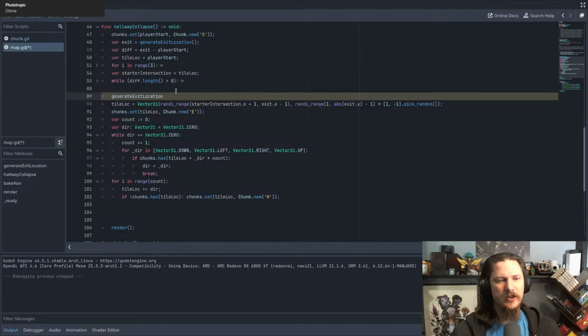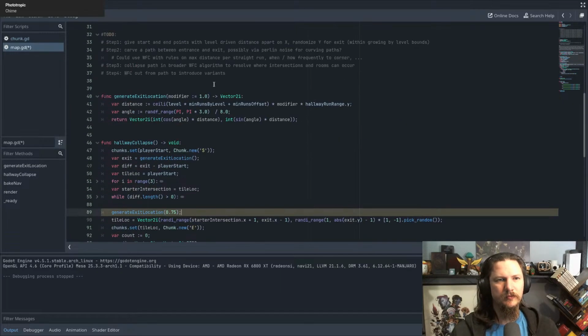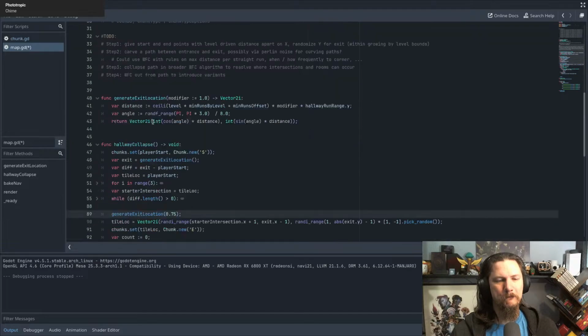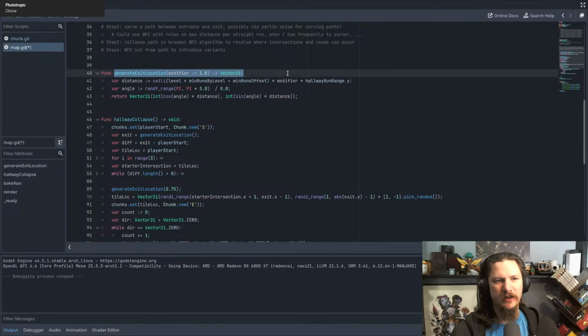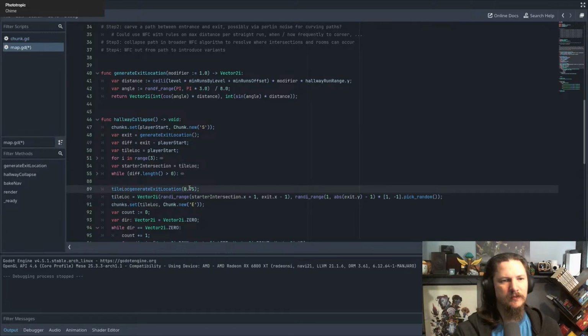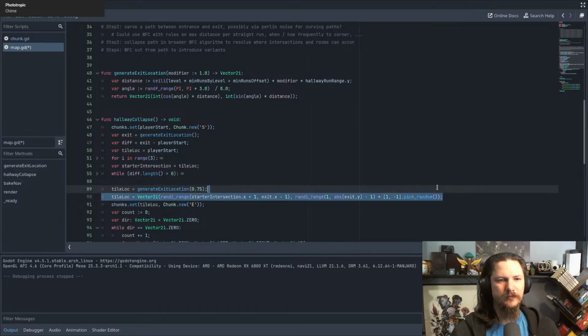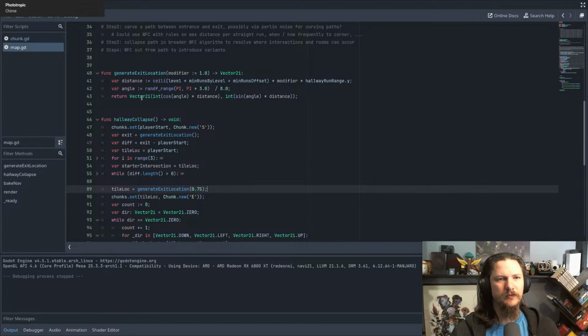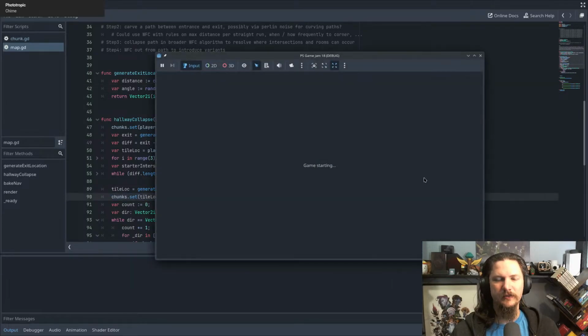And then if we change this to be a secondary location within 0.75, it will always be within the generated area as a vector 2. We don't need to do anything else past that. So we can just set that, because it's already randomly generating an angle. So if we run this,